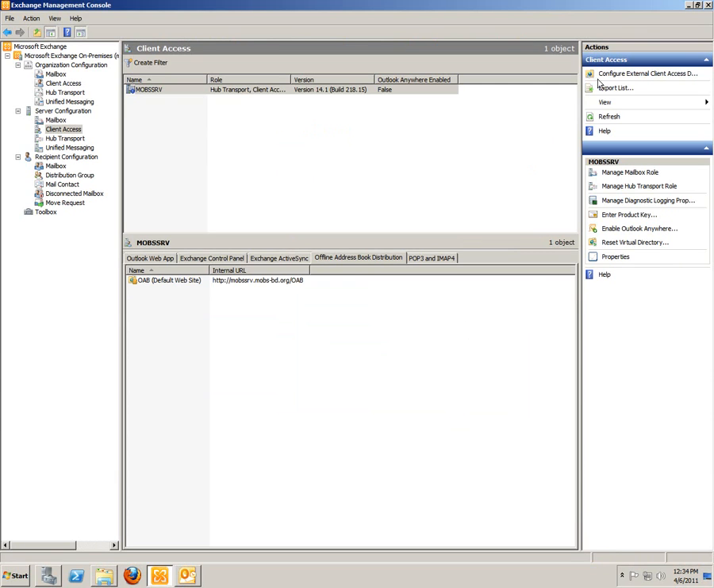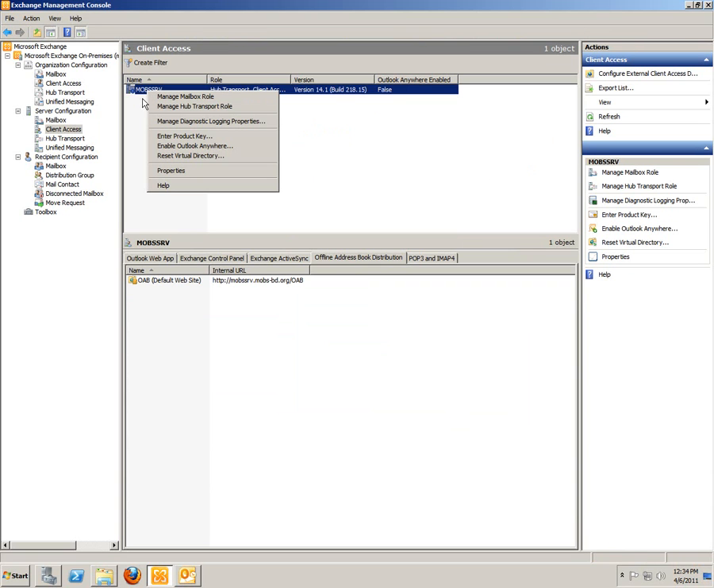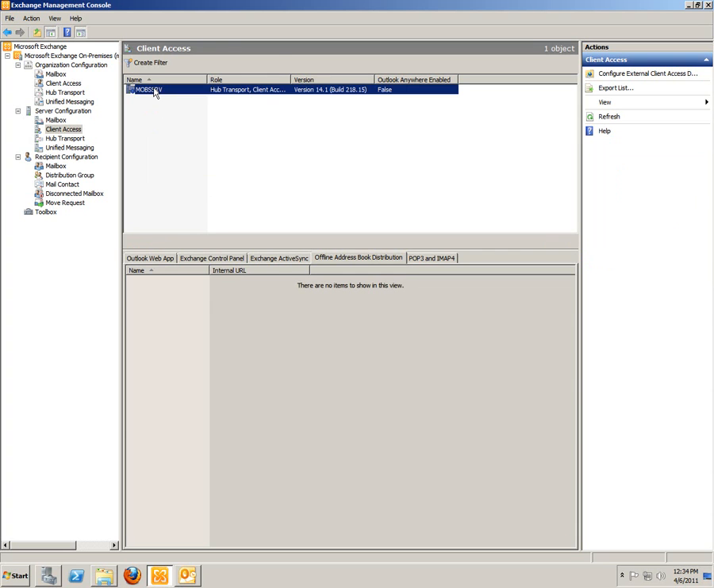Let's minimize this and we go back. We're still here in server configuration, client access. We're going to enable Outlook Anywhere. Now Outlook Anywhere is actually based on